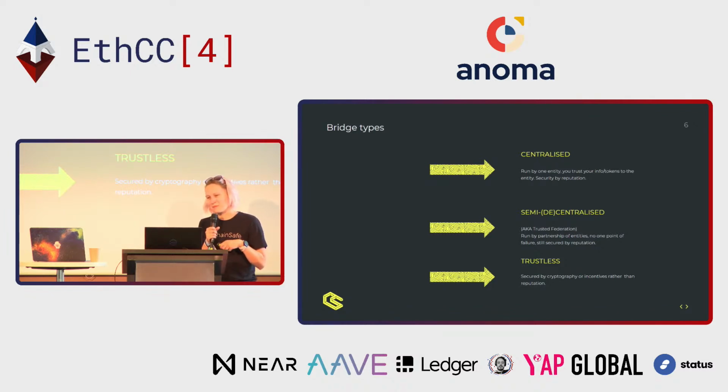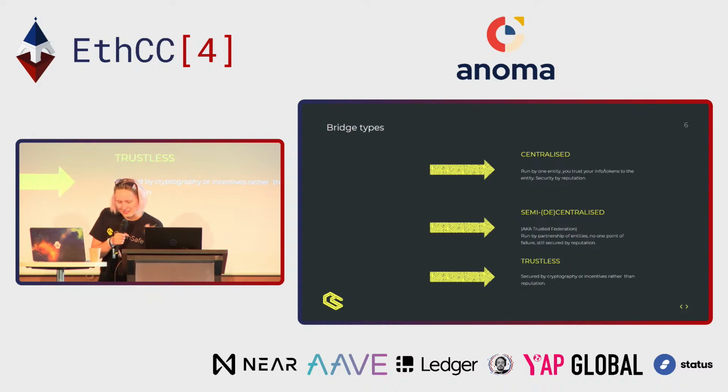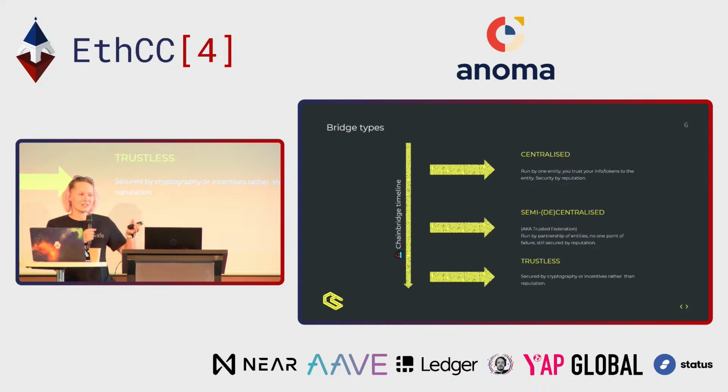And the very last step is an absolutely trustless bridge. It's secured by either math, cryptography, or incentives. This is when pretty much anyone can run a bridge, but they have, for example, absolutely no ability to transfer your funds, or they don't have an incentive to do that. For example, they staked a lot of funds, so they're not interested in getting your funds out of the bridge. And I put it exactly this way because this kind of looks like the Chainbridge roadmap at this moment.